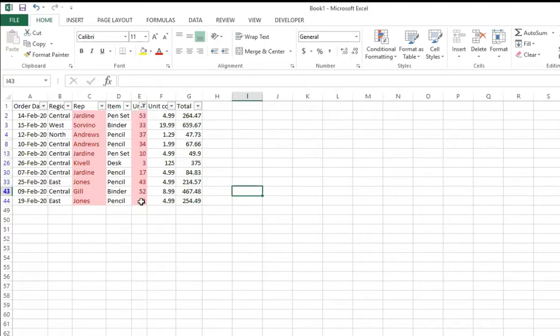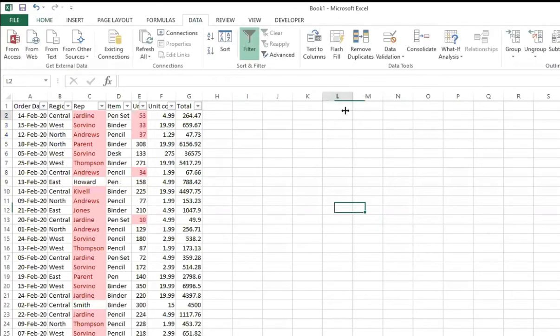How you can use these tricks, guys? You can invite comments from the respective sales representative as to why these sales were less than the required threshold, which may be 60 or maybe 70, whatever your threshold is in the company. Right? You can invite those comments here that these are the bottom 10 items. Give me the comments. That's how you can use them.